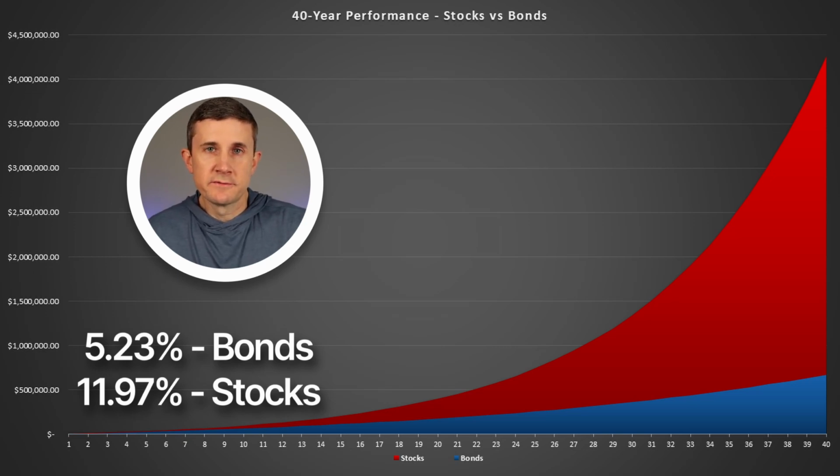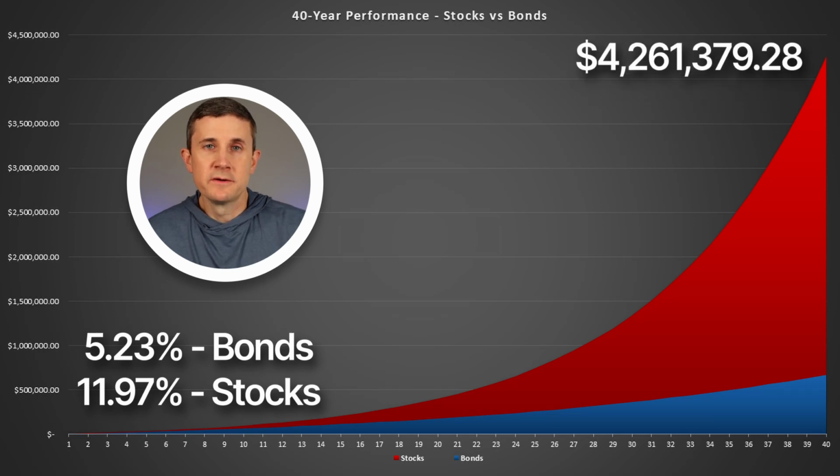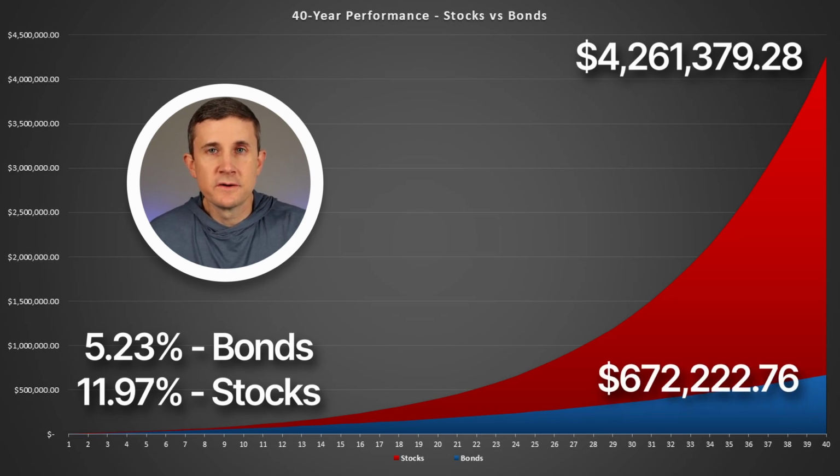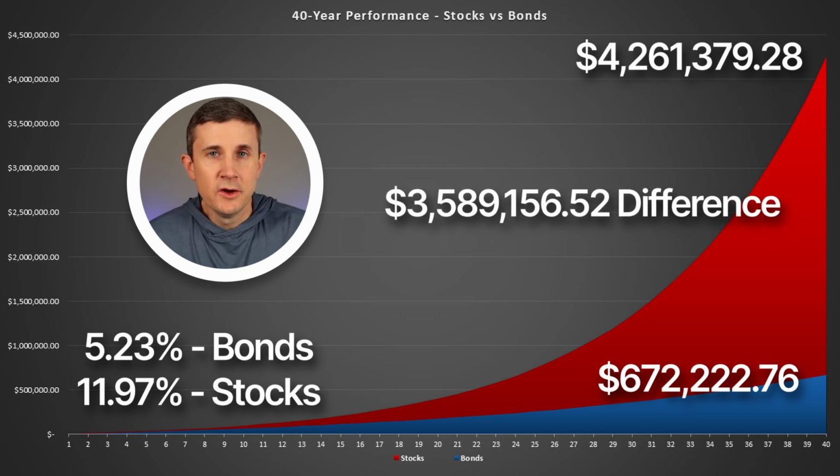So the final total after 40 years was $4,261,379.28 for stocks and $672,222.76 for bonds. That's a difference of $3,589,156.52. Pretty significant. Now, given this drastic difference in the long-term performance, I would argue that it's much riskier to